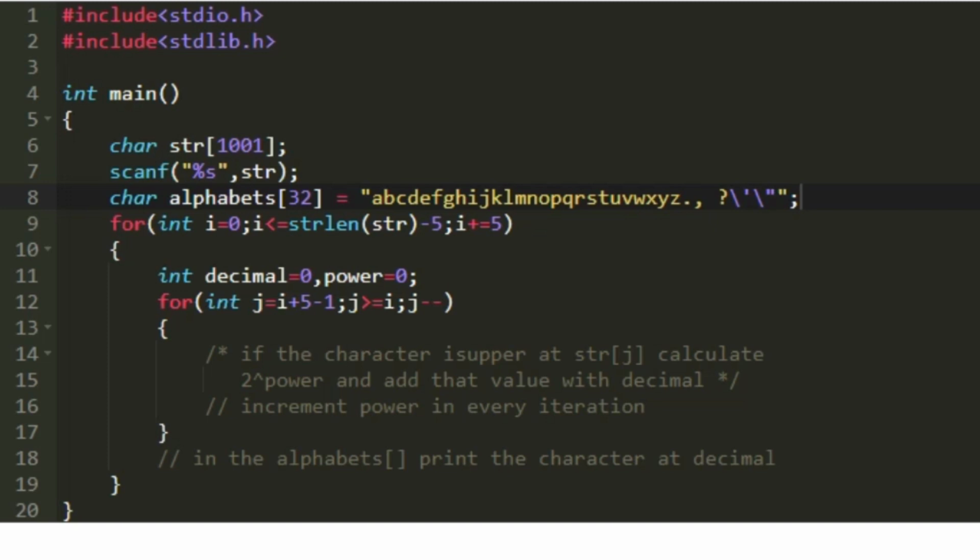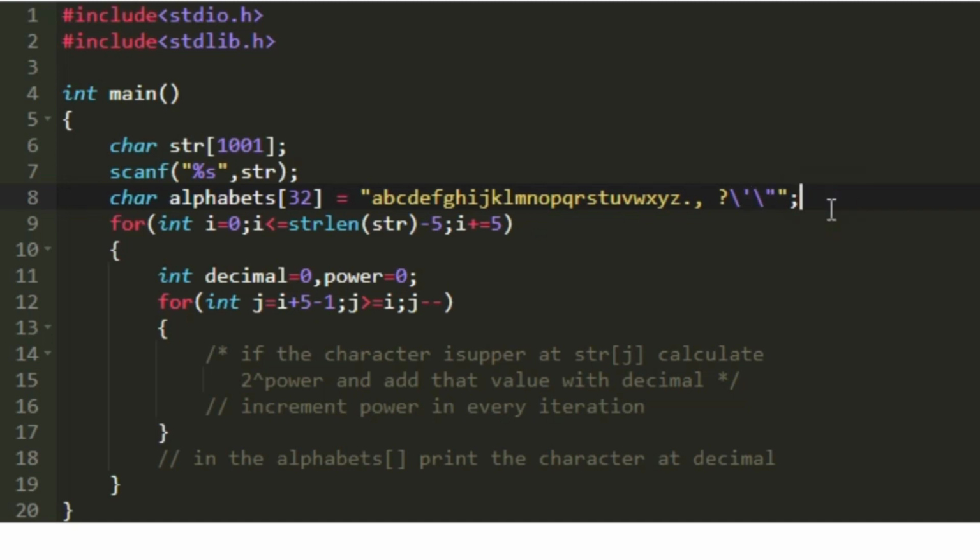We cannot directly include single quotes and double quotes inside, because they are special characters, and before using the single quotes and double quotes, we have to use a slash in between. Only then will we be able to store the single quotes and double quotes within an array, else it will be difficult. So that is the reason why we are including a slash in between.